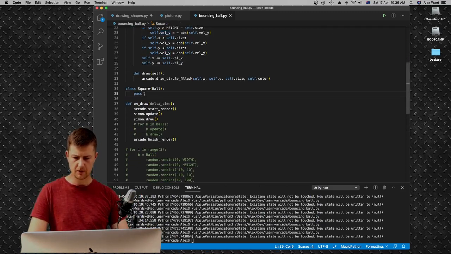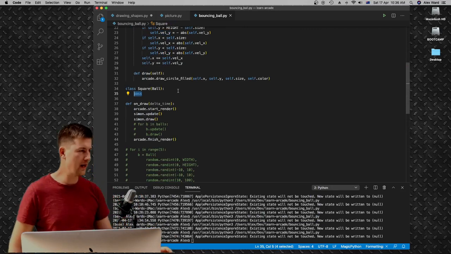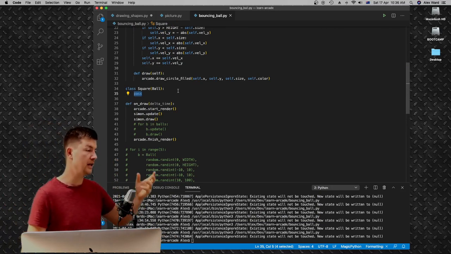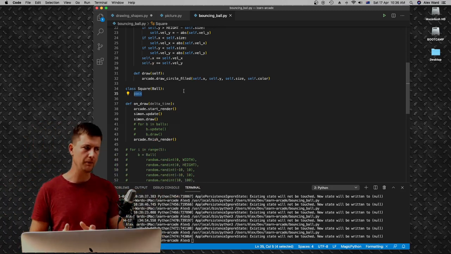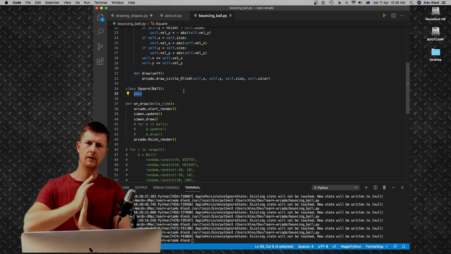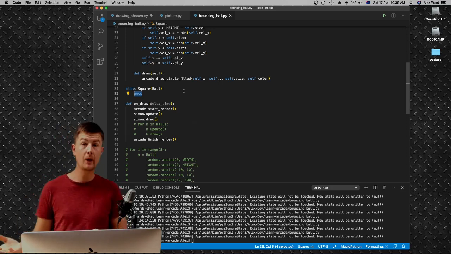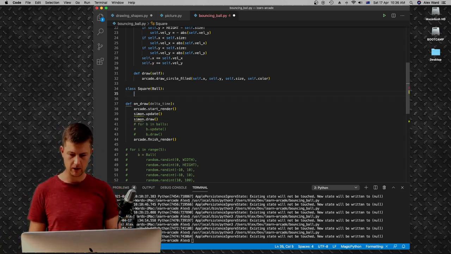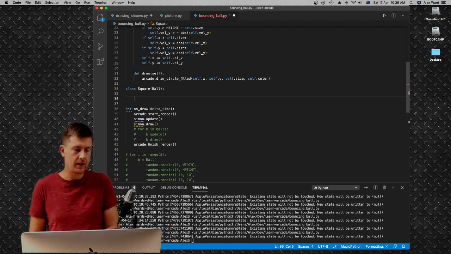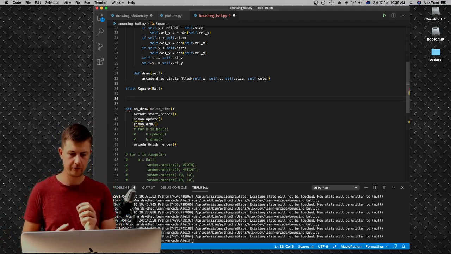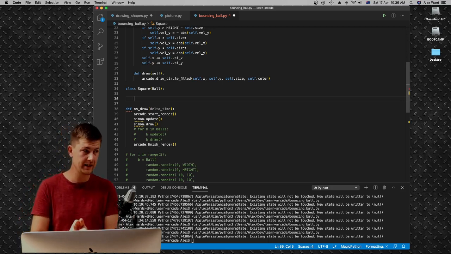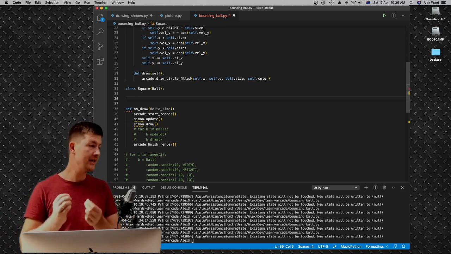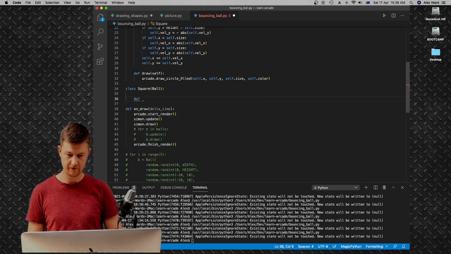Okay, so our ball still has a property called size now, but we want to change the draw function because we don't want to draw a ball. We want to draw a square. How easy is it going to be to change? Well, what we can do is overwrite that draw function that we inherited. We inherited a draw function from our ball class. We can overwrite that in our square class. So let's define draw,